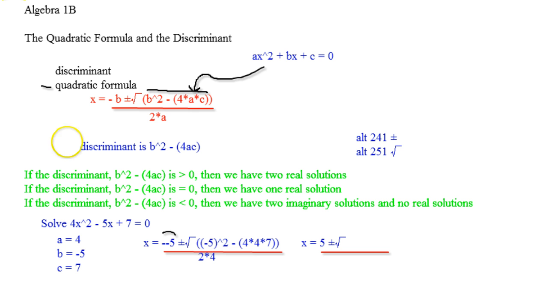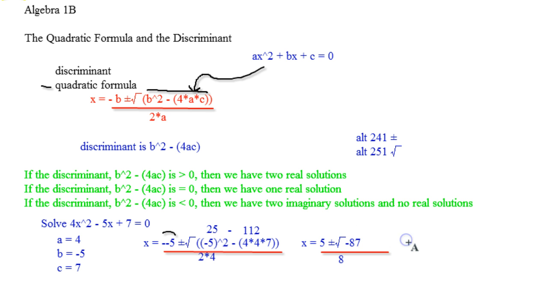Okay, and 2 times 4 is definitely going to be 8, so that's nothing special, but it's just easier to work with. Now right here, I'm going to deal with the discriminant, but I'm going to go 25, because negative 5 squared is definitely going to be 25, minus, okay, and then this is going to be 4 times 4, which is 16, times 7, which is going to be 112. Now I'm going to go 25 minus that, and I'm going to get the negative 87